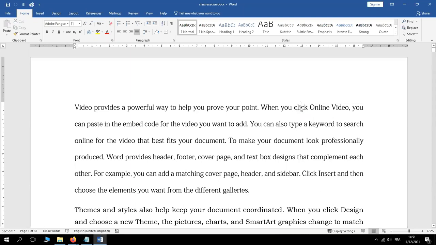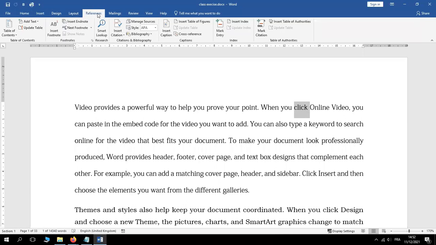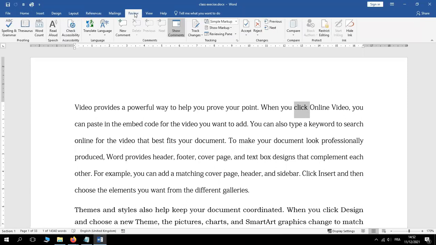You can either right click on the text, or if you don't right click, you can as well come to the review tab. Not references, it is review tab. You can come to the review tab and look out for comment. Either way, it takes us to the same destination. So in my case, let me use the review tab on the ribbon and then click on new comment